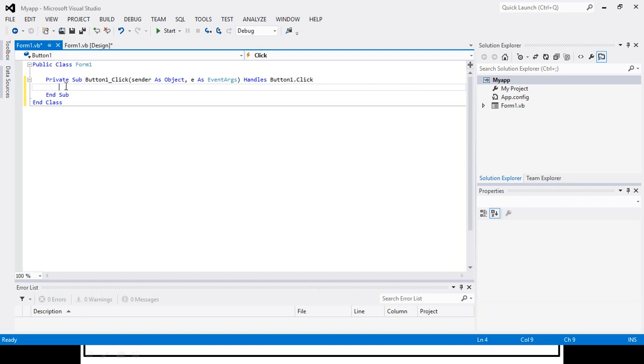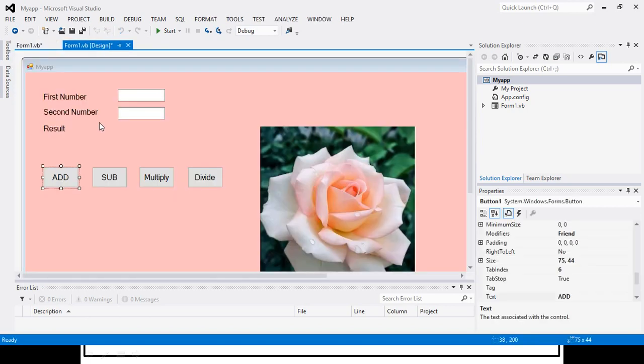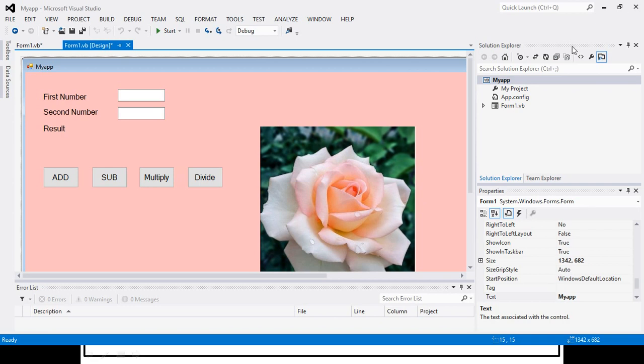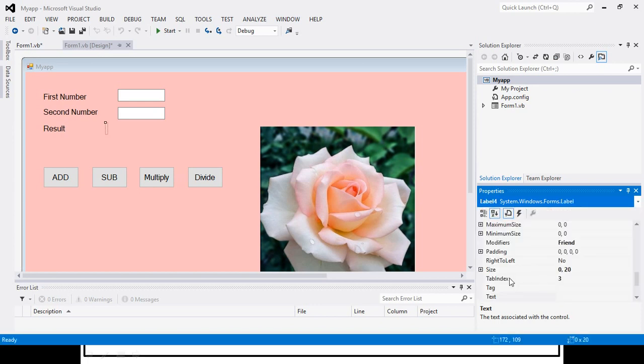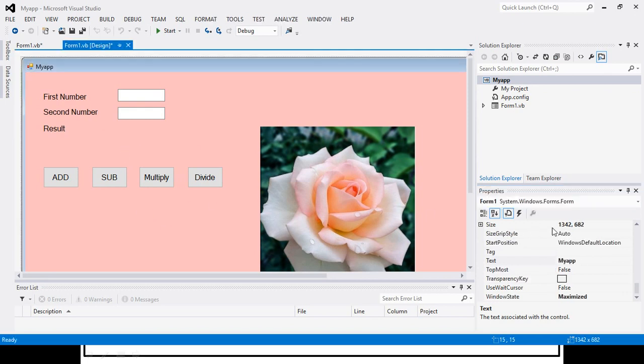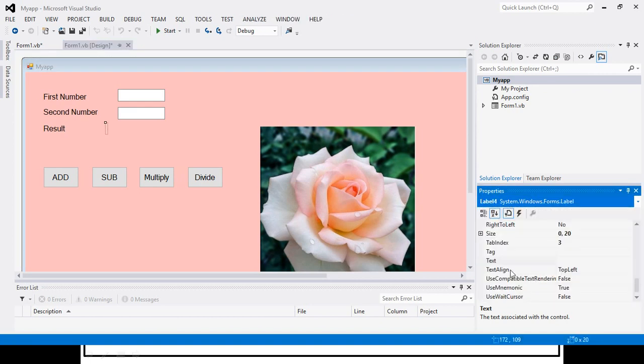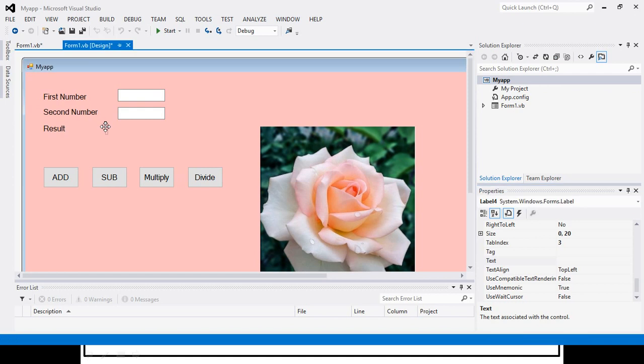So for that, where do I want to display my result? In label 4. Do you remember? We put 4 labels, and this is the 4th label which we put for our result. Okay. So the name of this label is label 4. See, label 4, and the property in which we write is the text. Whatever we write in the text property will be displayed there. Okay. So I will first change the location of that button in line with our text boxes. Yes, it is there now.